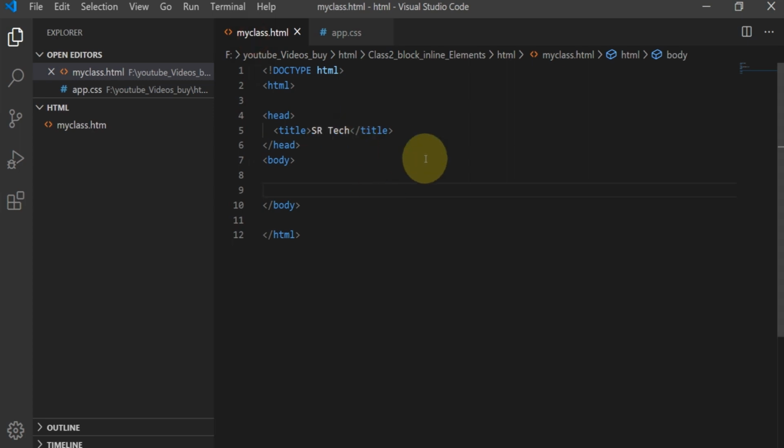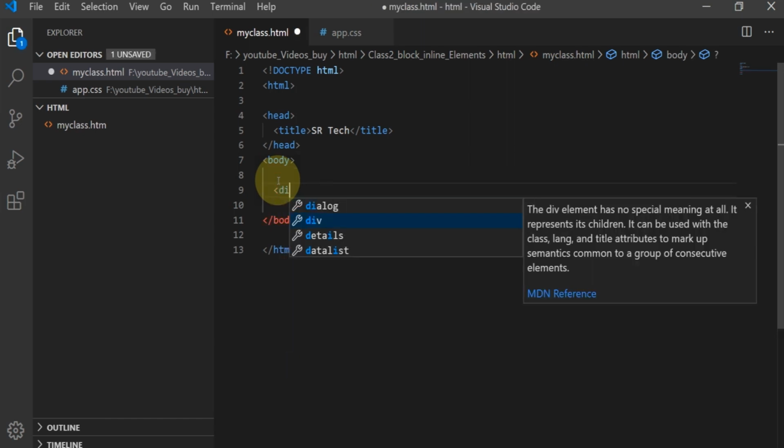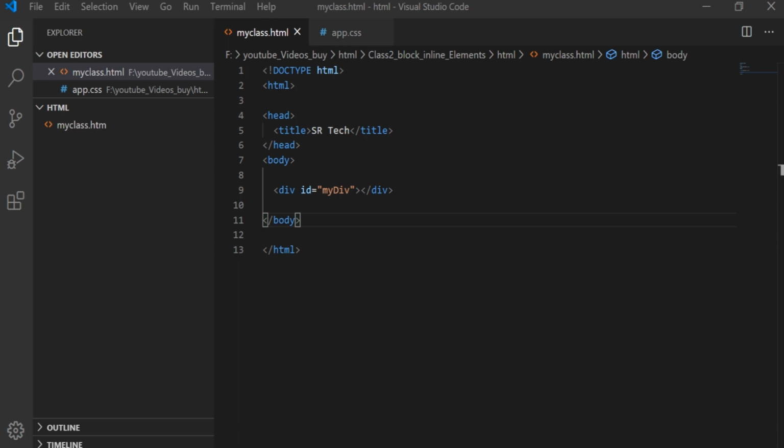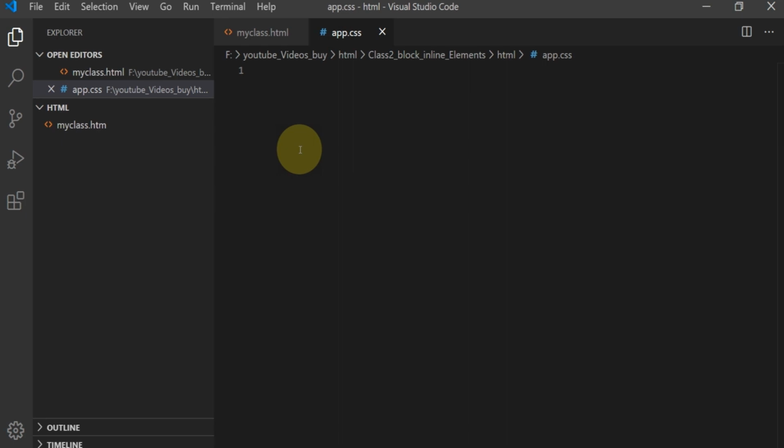This is the HTML file. Now I am writing an empty element here, that is a div with id equal to my div. So now this my div is a declaration, but I need to select it from CSS, right? So in the CSS file, using hash we define the id selector. So hash id name,